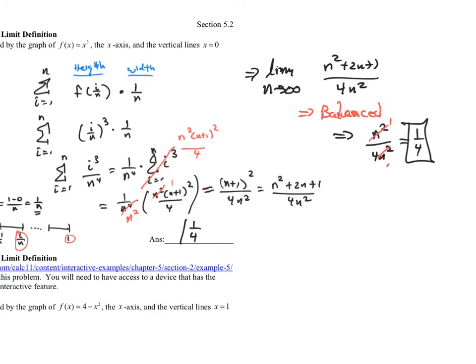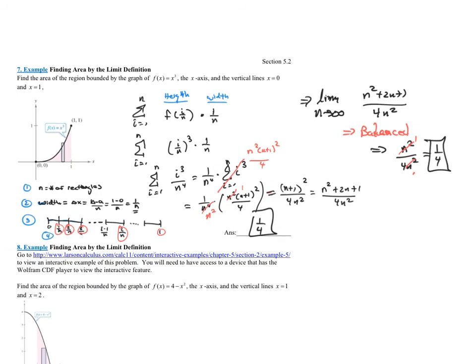So what's the entire area beneath the curve of x cubed on the interval from 0 to 1? The exact answer is 1/4. This is crazy stuff here. What we have done is taken the curve, we found the area of n rectangles beneath the curve in general. You didn't actually give me a number. It's not like we found 4 rectangles or 5 rectangles. We found n rectangles. We found the exact area no matter what the number n is, and then we took the limit as n went to infinity,